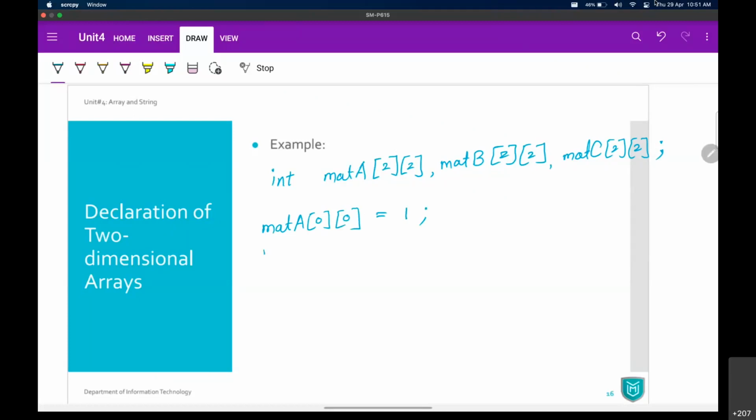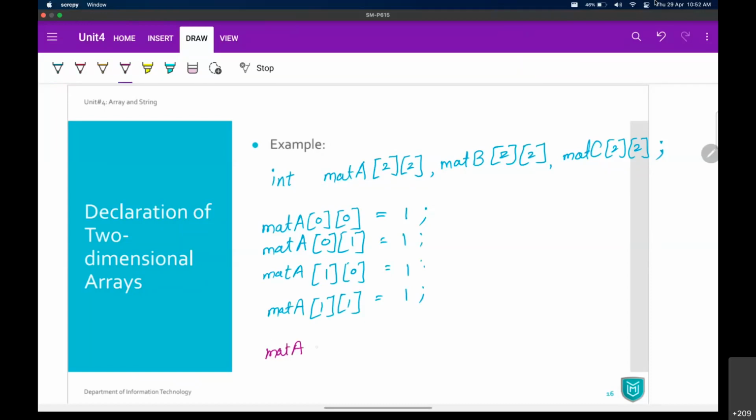Similarly, you can set any element if you want: 0, 0, 0, 1, 1, 0, and 1, 1. Now these are the 4 elements going to be there in your mat A variable, and you can set it whatever you want. So I have a matrix A which has 4 elements inside, and all those 4 values are 1.